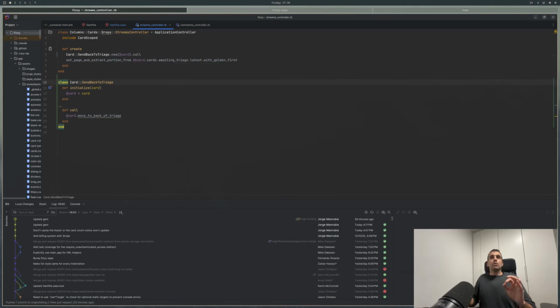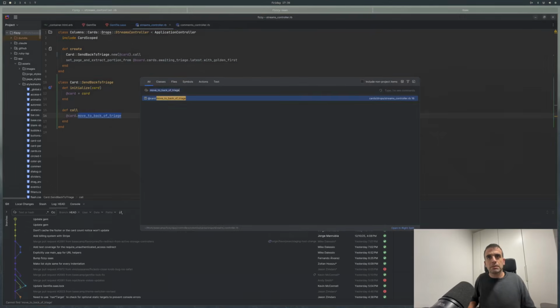Okay, what's the big deal with service objects? The big deal with service objects is when you propose to use service objects to contain your domain logic. So if we went here to the move back to triage method,